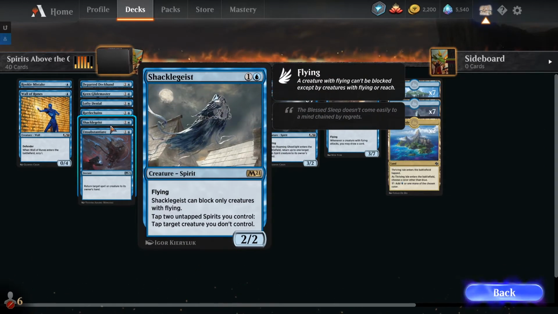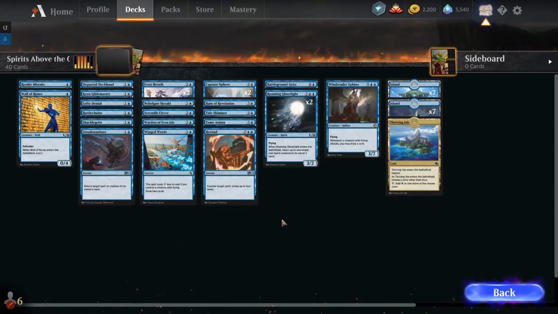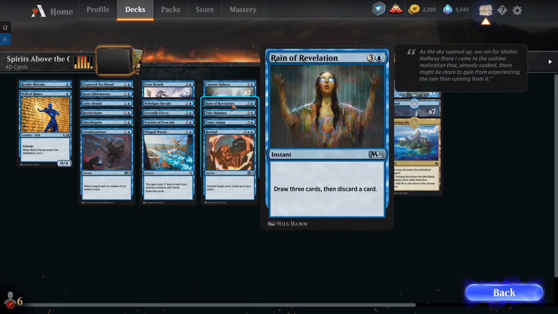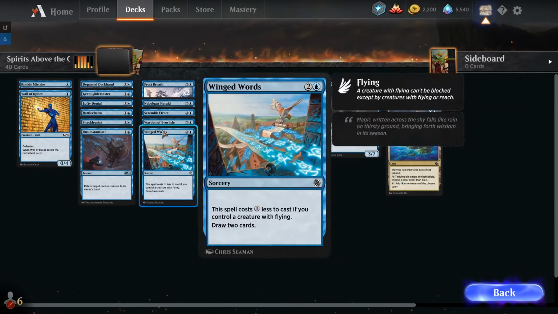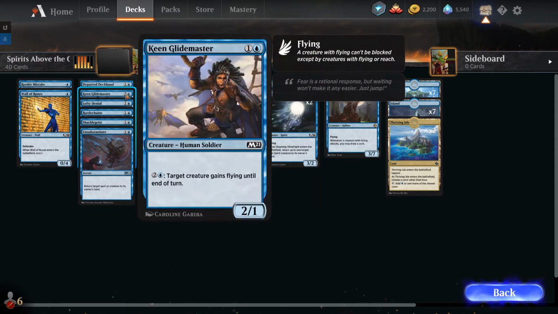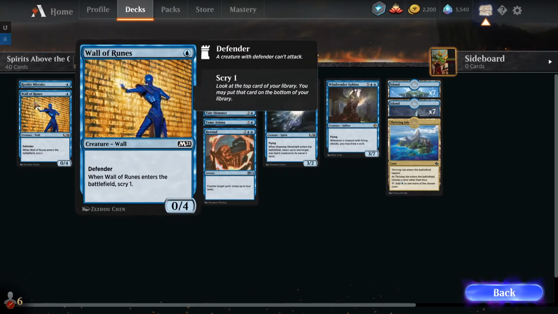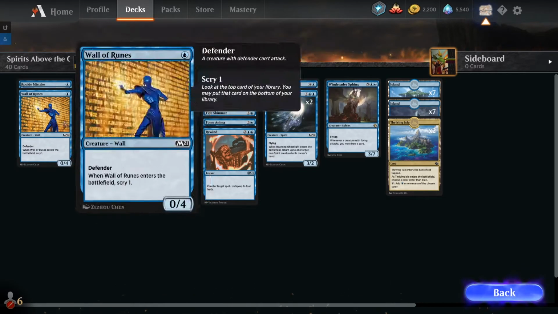Tap 2 spirits you control. Tap target creature you don't control. That's kind of the idea. We got Rattle Chains, which gives our spirits flash. Yeah, pretty much. We got a ton of spirits that are not even actually from the spirit pack, I think. Glide Masters from Above the Clouds. I was hoping for 2 Lofty Denials. Why didn't the spirits deck have this as well? Rookie mistake. Actually, exceptionally good, but...